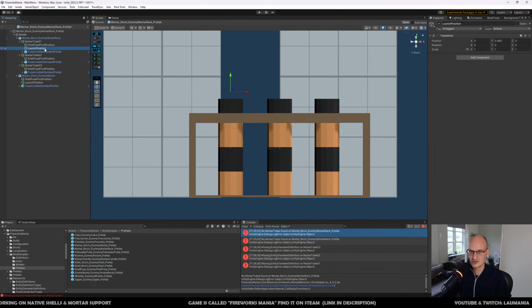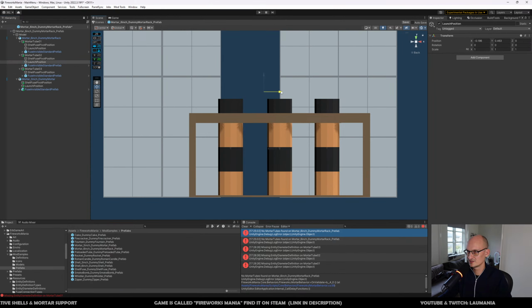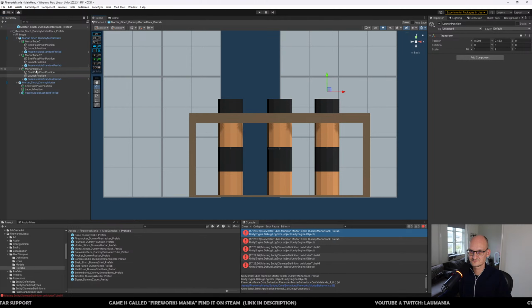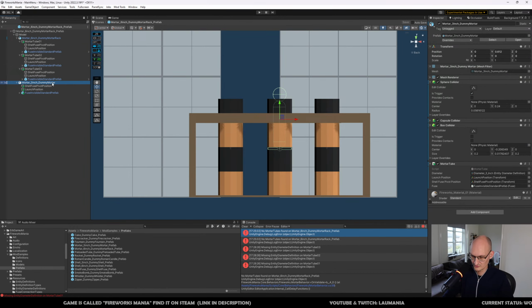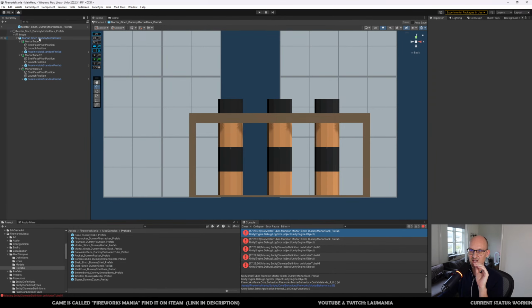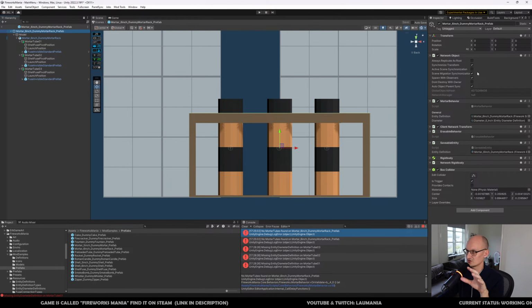And then we can copy this to this mortar. And then we can move it here, because that would be around there. And then we can copy this one down here. And then we can move that over here. And then we can take the launch position and put it here, mortar here, put it here, mortar, okay. And then we can move this one. We're not fully set yet, but now we at least have all the behavior fields set